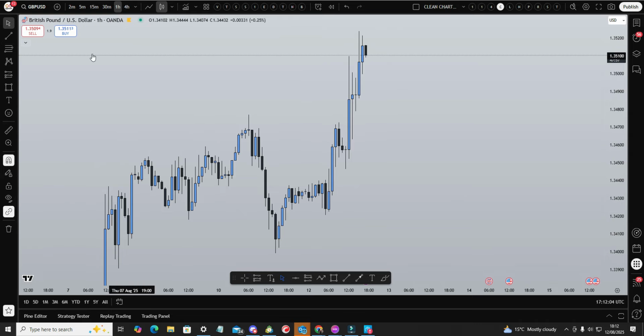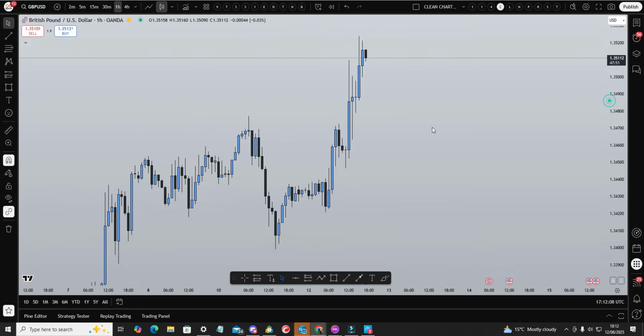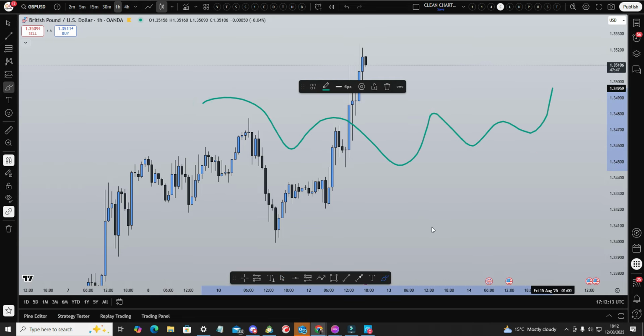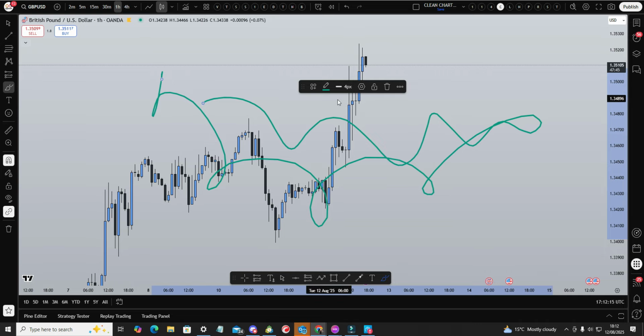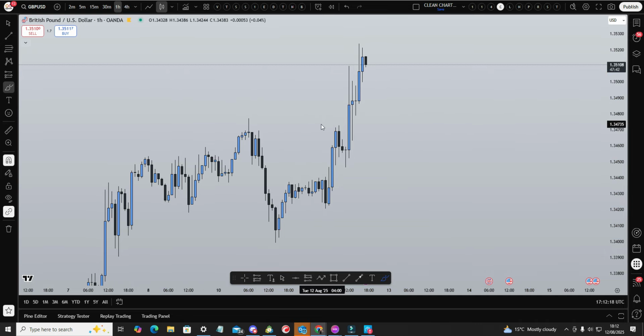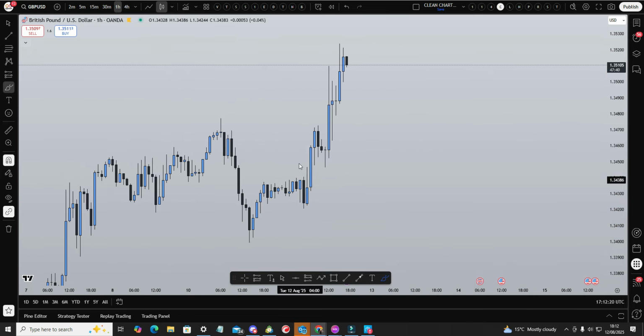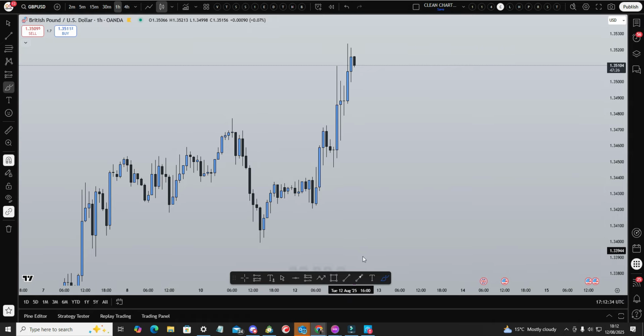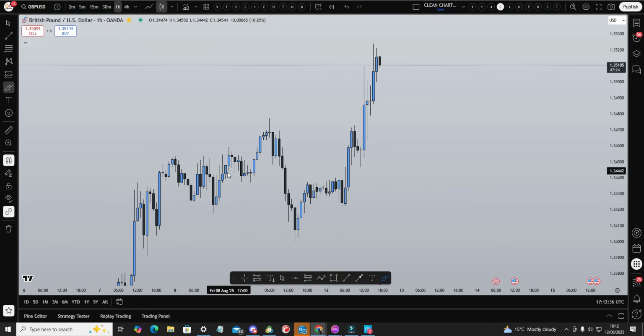Today we are going to draw zones in a completely different way, yet super effective, and we're going to be using this tool over here. This one, right? And you're going to see how powerful this is about to turn out to be. If you're a beginner, my channel is not necessarily for absolute beginners. It's a bit more intermediate level and onwards. There's so many videos you can watch to become a beginner and all that. But we're going to start off with, obviously,